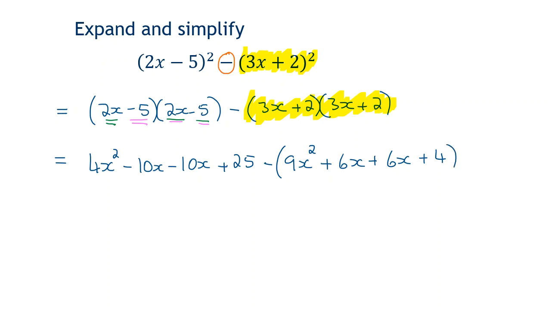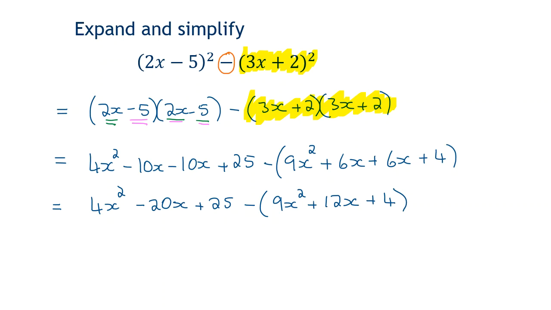And before we do anything else, we can simplify both parts of this expression, because minus 10x minus 10x is minus 20x, and you should always simplify when you can. From all of that, we're trying to subtract the stuff at the beginning. That's the 3x plus 2 all squared, which is turned into 9x squared plus, well, we can simplify it, plus 12x plus 4. And you'll see that it's still in this bracket, and it's all because of that minus sign